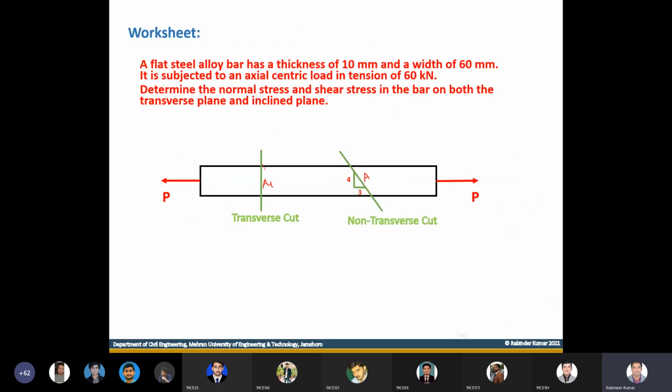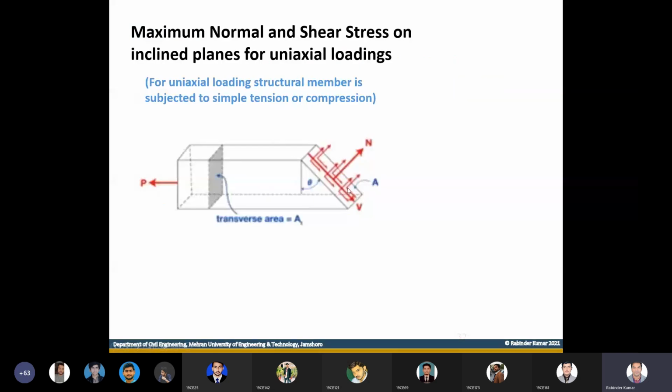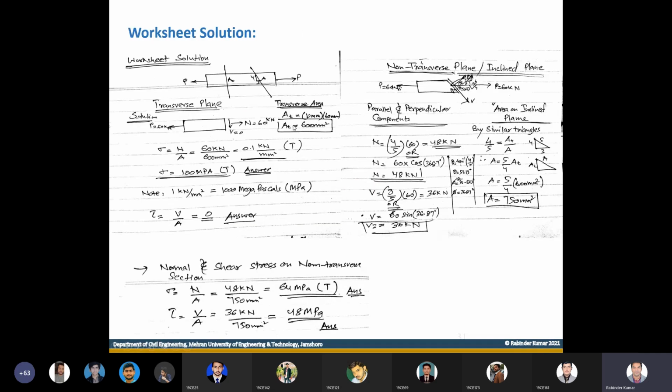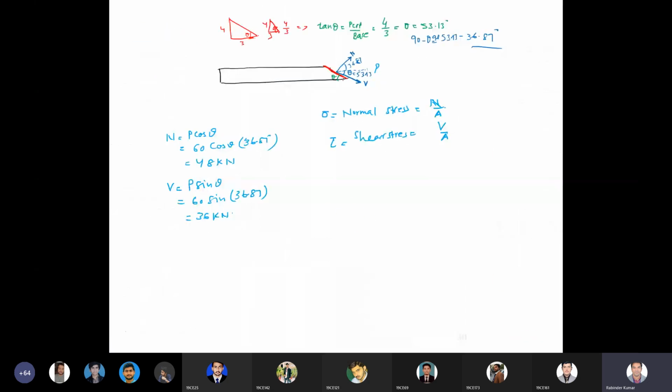तो इस वजह से obviously हमें physically, if you want to see, थोड़ा सी आपको 3D image दिखाऊं. So this is the 3D image. Okay, this is the transverse area, this is non-transverse area. So physically we can figure out the inclined plane का area should be more than this orthogonal plane. Okay, so physically we can see, and mathematically we also computed: जो ट्रांसवर्स प्लेन का एरिया था वो था 600 मिलीमीटर स्क्वायर, एंड नॉन ट्रांसवर्स का था 750 मिलीमीटर स्क्वायर. सो दिस इज हाउ वी कैन कंप्यूट द स्ट्रेसेस ऑन एनी प्लेन.